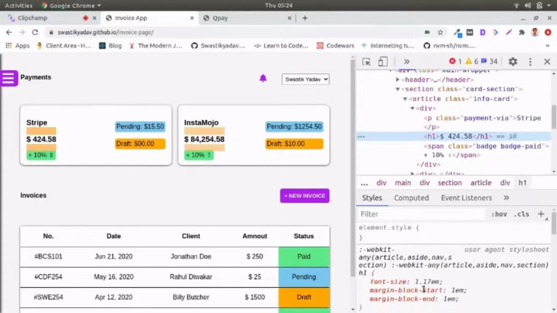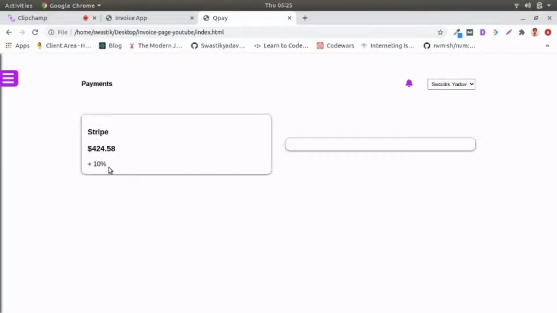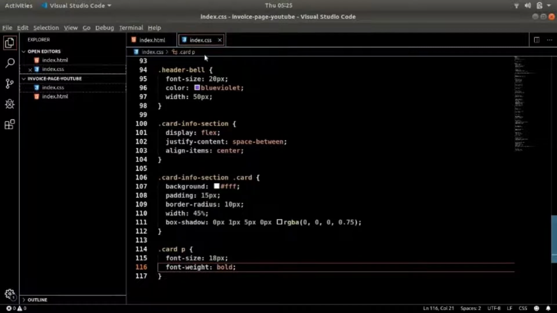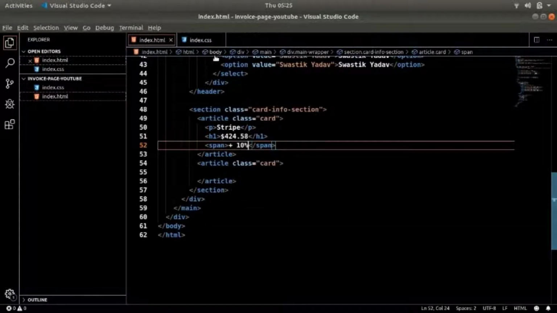Then this one is an H1. Okay, that's already nice. And then we have this thing which is basically kind of a badge. So we can do it like we have it in a span.